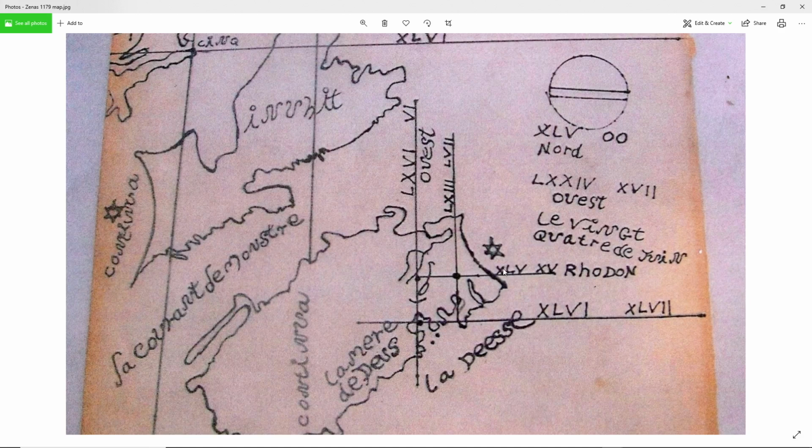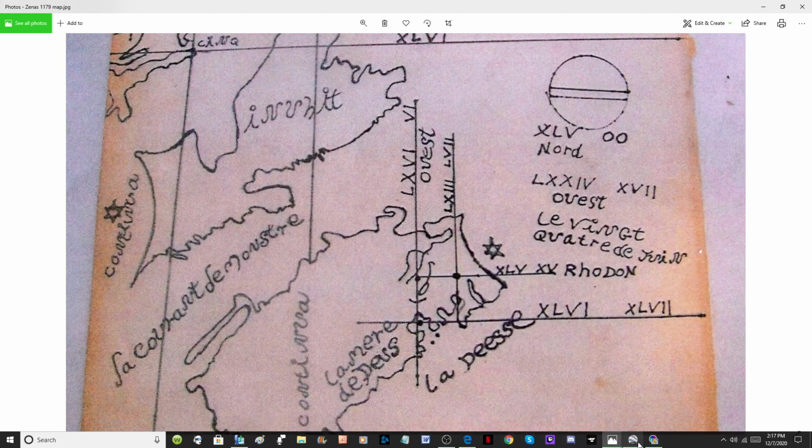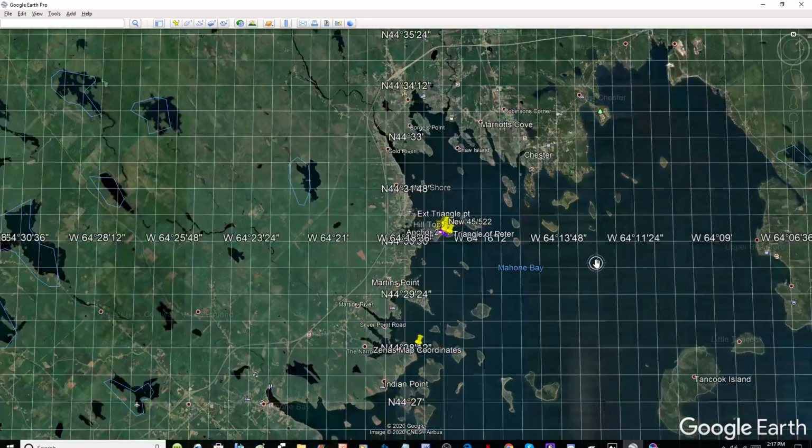So the calculations aren't all taken. Latitude ones are not taken from 45 degrees. They're taken from Rodin. But this is 0, 0. So Rodin is 45 degrees and 15 minutes. Okay? And the longitudinal coordinate, I'll show you, it goes on Google Earth. So we'll look at Google Earth,